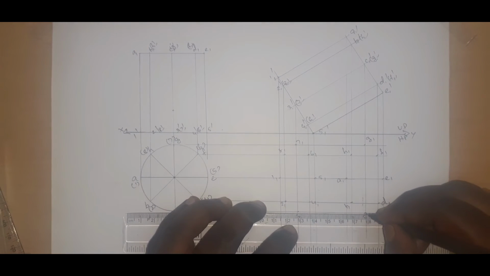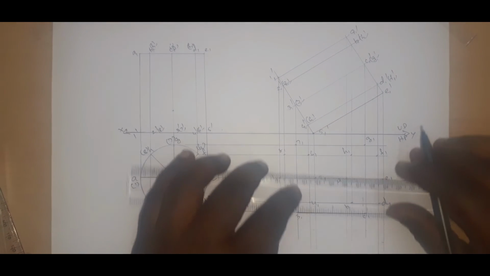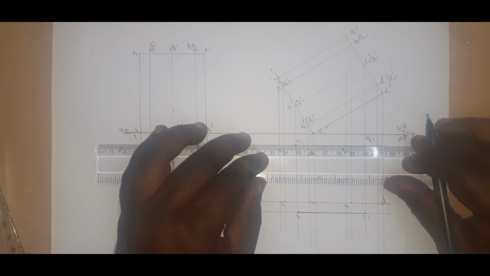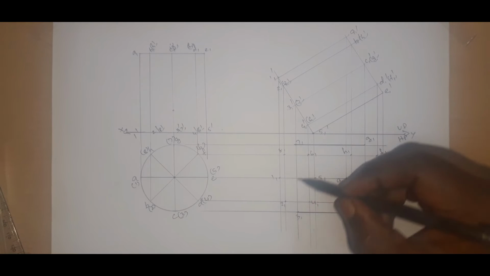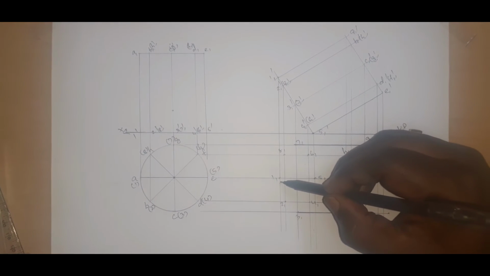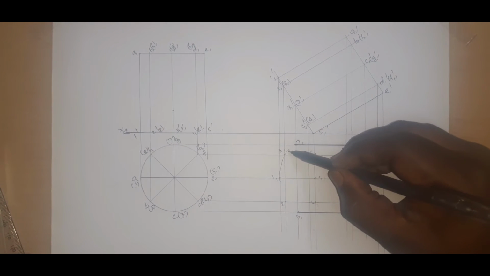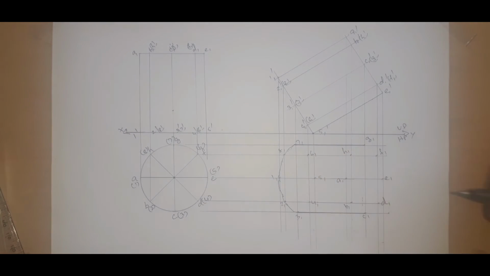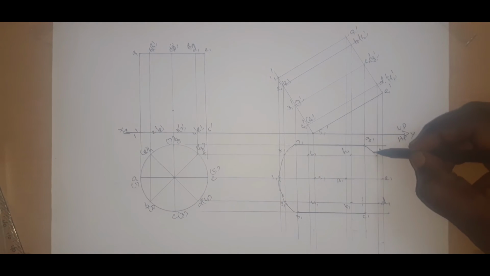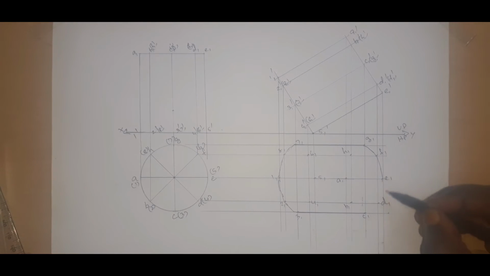I already told you to join all the outer edges. So here these are the straight lines. We can join them gently. These are the straight lines, or the outer edge points. We can join them. Next, this is the curved one. So here you can gently join it as a curve. That is very important. You have to use free hand only. So this is the outer edge, the total outer points being joined.